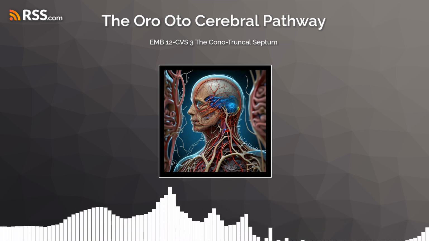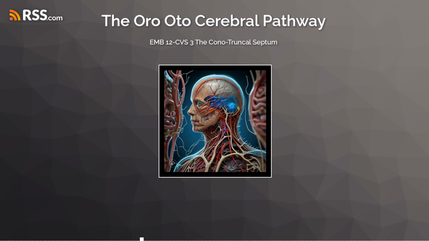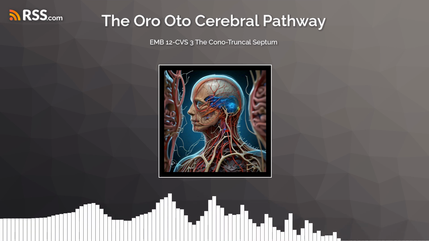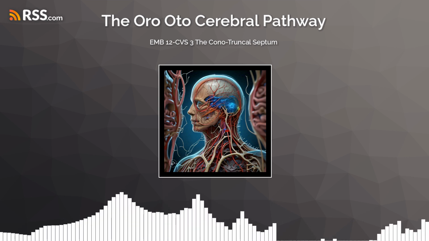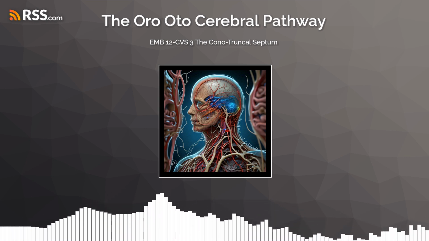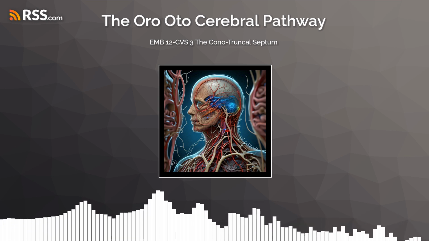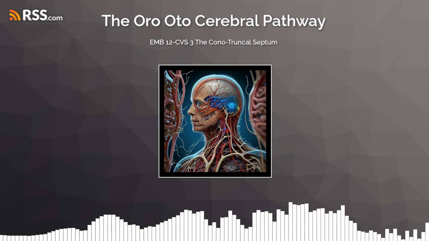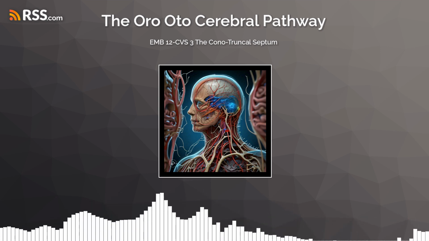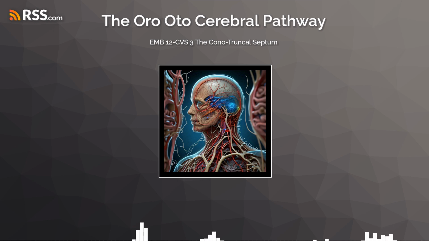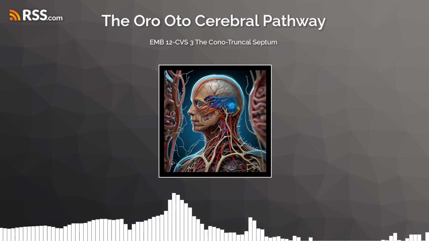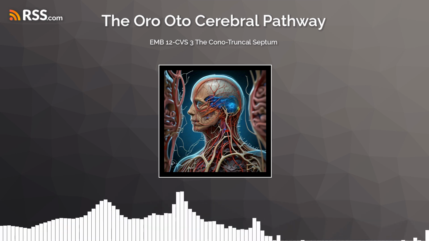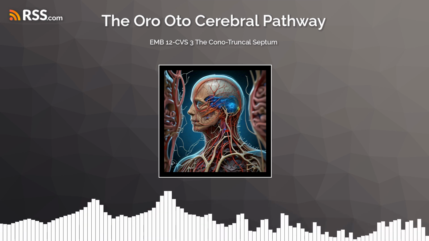it extends from the conus cordis onto the truncus arteriosus, dividing not only the outflow tract of both the ventricles but also the efferent channels emanating from the respective ventricle in the form of aorta and pulmonary trunk. The conus is divided into two portions, the outflow tract of the right ventricle and the outflow tract of the left ventricle. The spiral course of the cono-truncal septum explains the adult relationship of the aorta and the pulmonary trunk